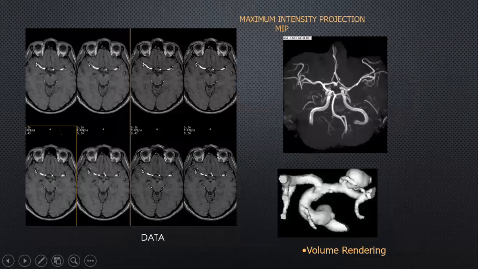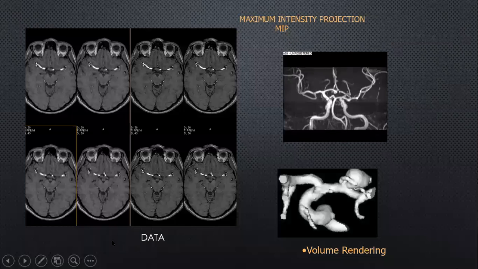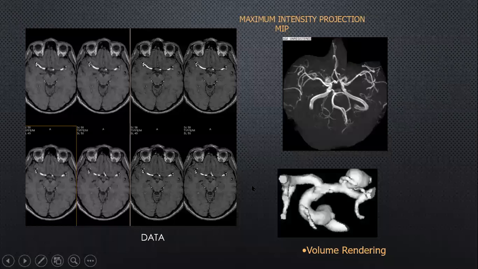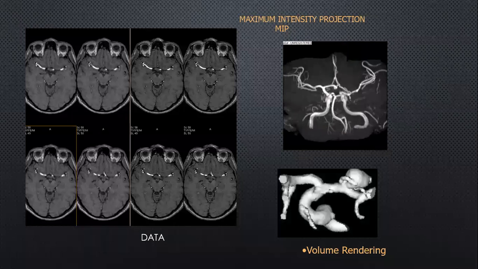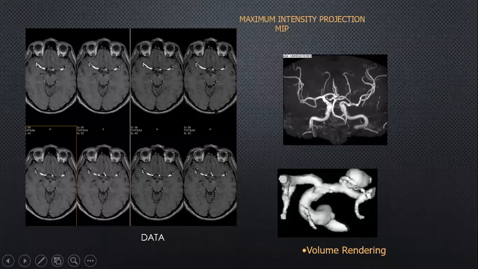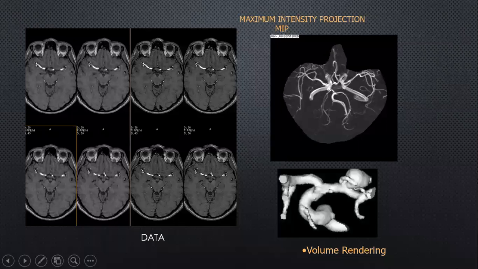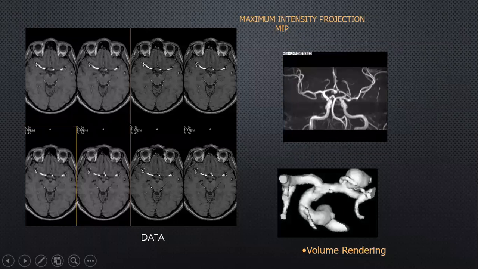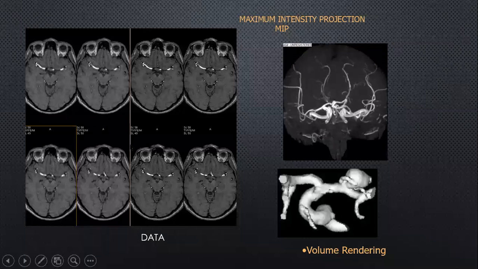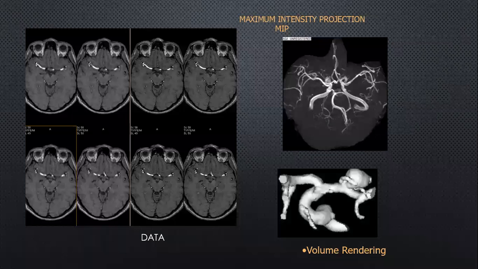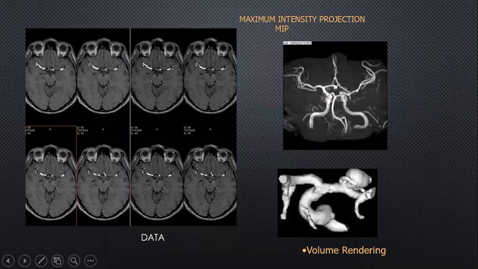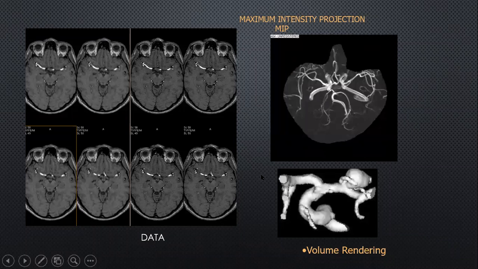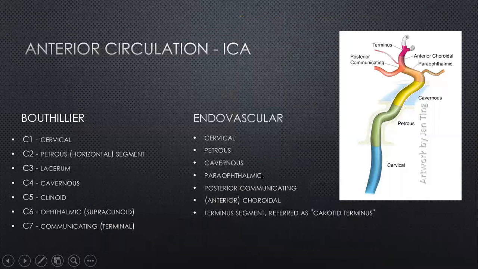And finally, this is a time of flight MR angiogram, which is good to look at the intracranial vessels, especially for aneurysms. Certainly at our institute, we tend to use them for investigating intracranial aneurysms. Not necessarily someone who's had a subarachnoid haemorrhage, but certainly for someone who's had one and had it treated, as a follow-up, or sometimes in patients who cannot have CT angiograms, or if you are expecting to do follow-up MRIs on a routine basis for someone with a high family history of subarachnoid haemorrhage. So in these cases, we would do an MR angiogram with time of flight technique.